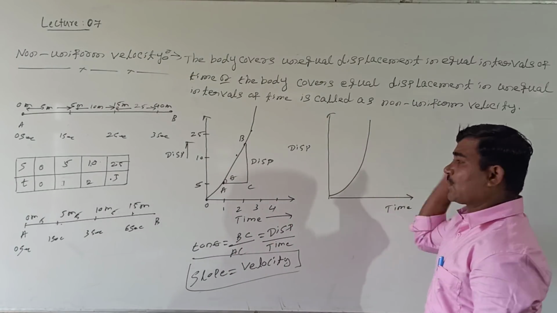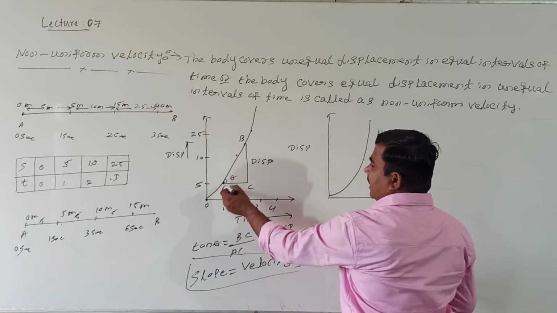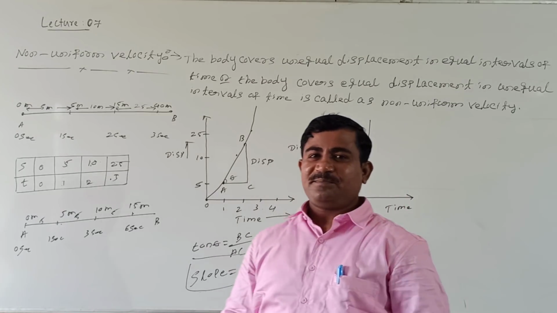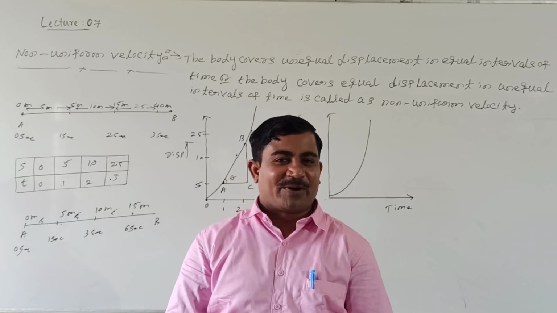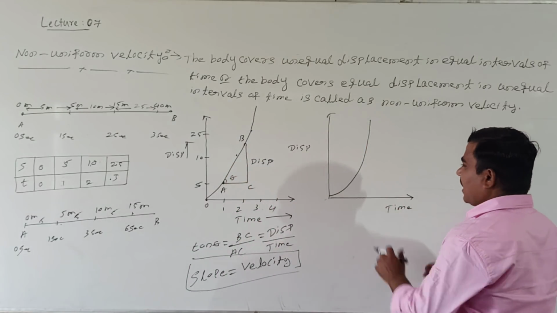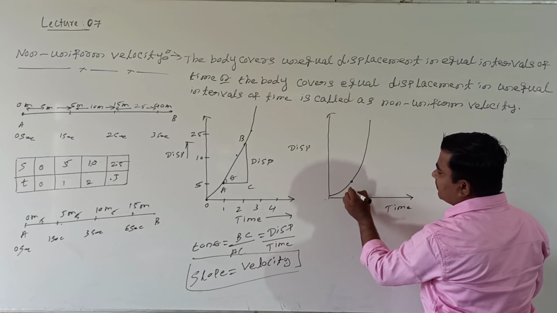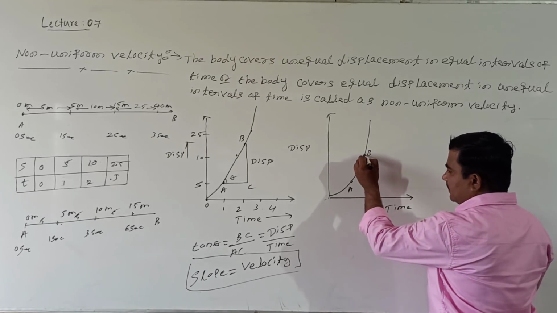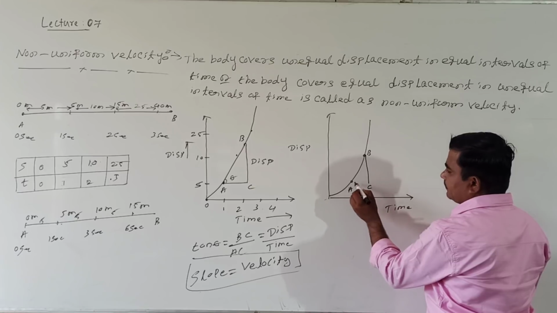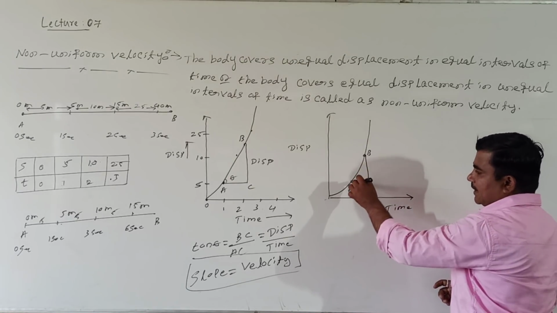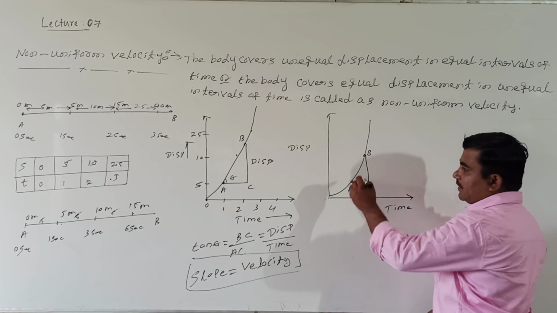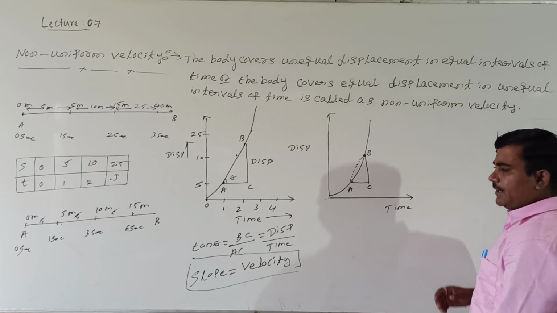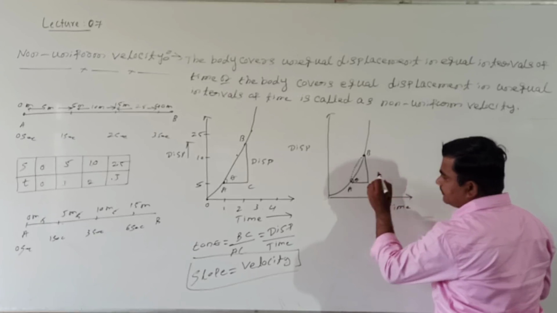But in this case, how to take the slope? The graph may be like this, not only like this but also like this. On this graph, how to take the slope of the body's motion? See here, again I will choose 2 points on the graph. This is point A, this is point B, and I will take point C. But AB is not linear. Then for this, how to take it? I will take a straight line here, which becomes a linear line, very near, and this angle is theta.